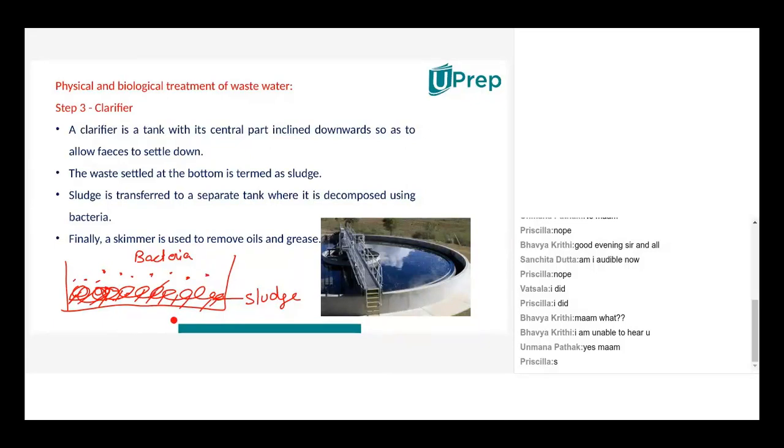And then remember the liquid that was there in the slanting, inclined tank like this, the tank from where they had only picked up the sludge. Now the liquid is there. What do they do to the liquid? They use a skimmer. What is a skimmer? With a skimmer, only from the top layer, they remove the oil and the grease. Remember we had studied that oil and grease is light, so it always floats at the top. So whatever oil and grease is there, with the help of a skimmer, which is also a huge machine, they skim out the oil and fat.